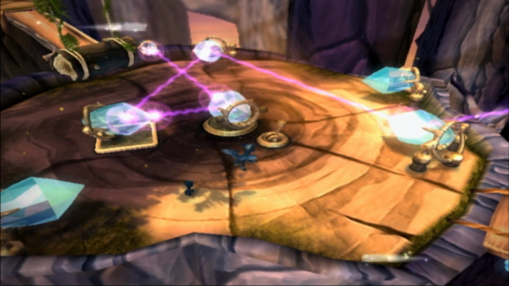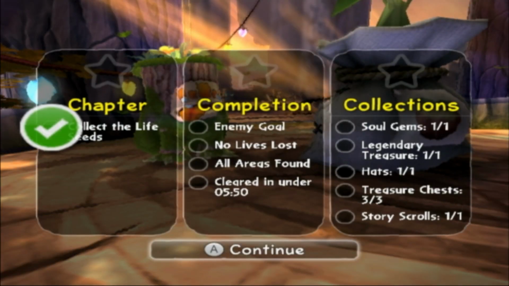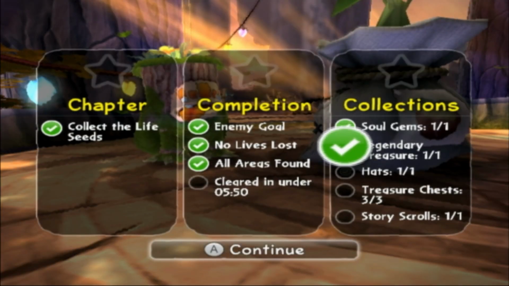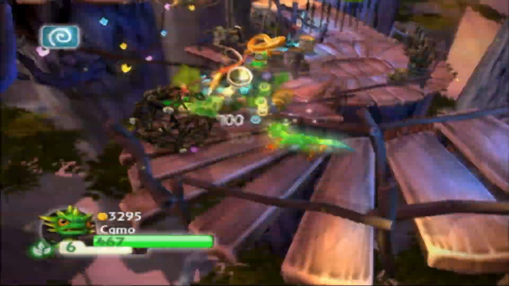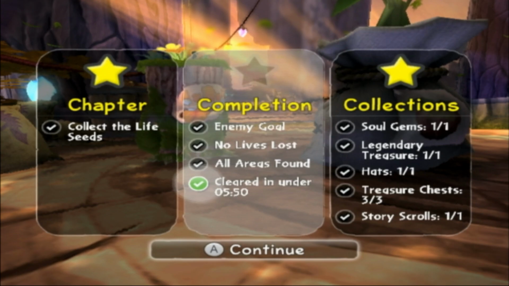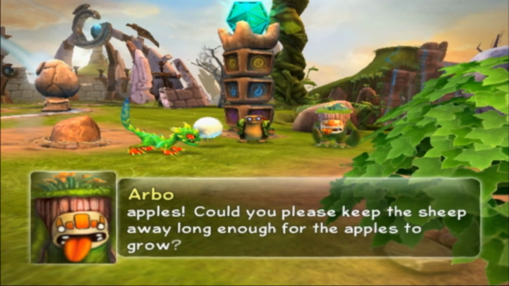Now we have to solve another one of those crystal puzzles, and once solved, we're rewarded with the life seeds. This scores us a really fast completion of the level, but of course we didn't hit the time goal, so you know what that means. Nice. Chapter 10 complete. We take the seeds back to the island and apparently they grew into some apple bushes,